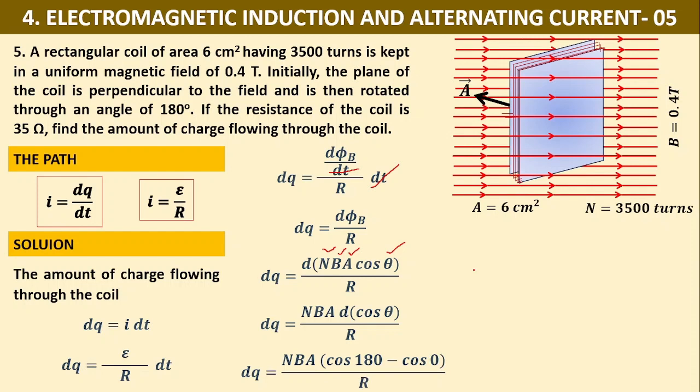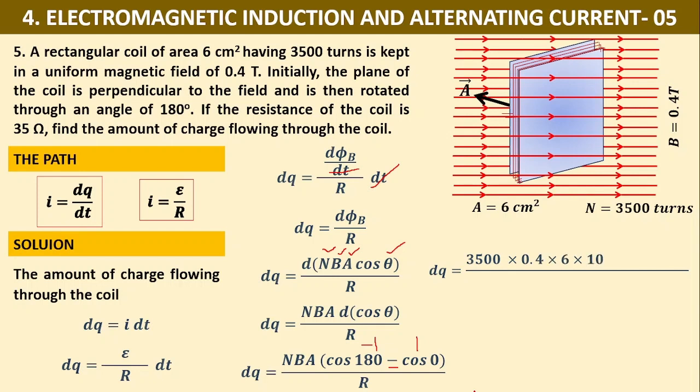Cos 180 degrees, do you know how much it is? It gives you minus 1, and cos 0 is 1. So minus 1 minus 1 becomes minus 2 here. So dq equals